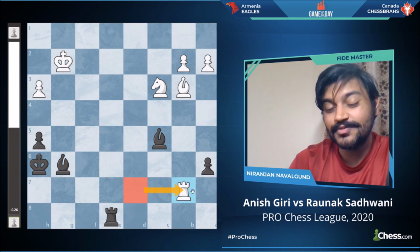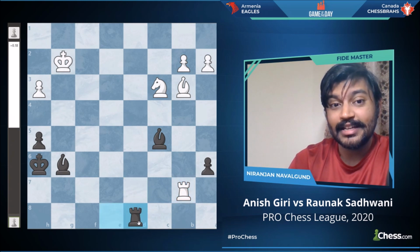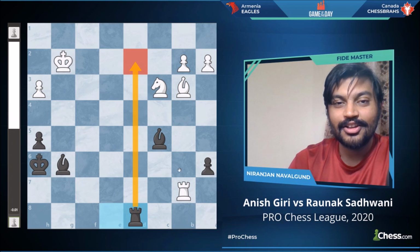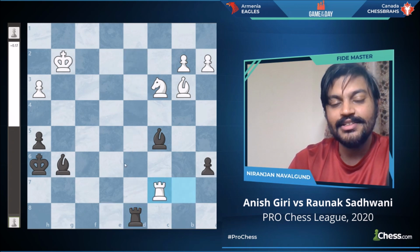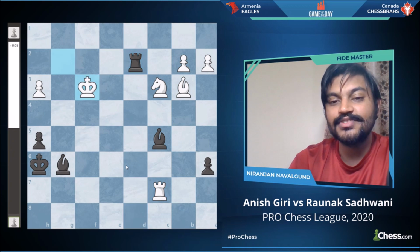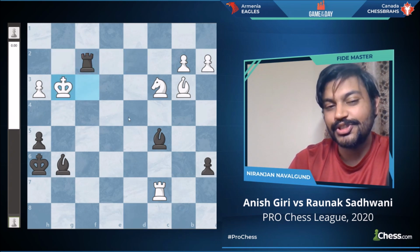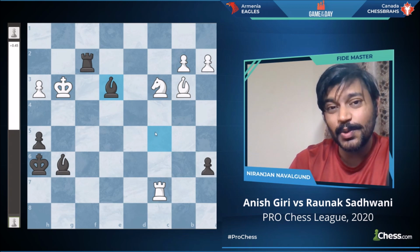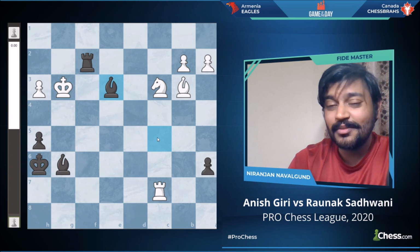After king g2, bishop g6 was played, and after rook takes b7, Raunak finds the drawback. What is the drawback of the rook going to b7? Now our rook could come to the d line, and the heaven for the rook is the 7th rank. So after rook c7, he plays rook d2 check, and after king f3, rook f2 check, king g3, he plays bishop to e3. The position is still equal,